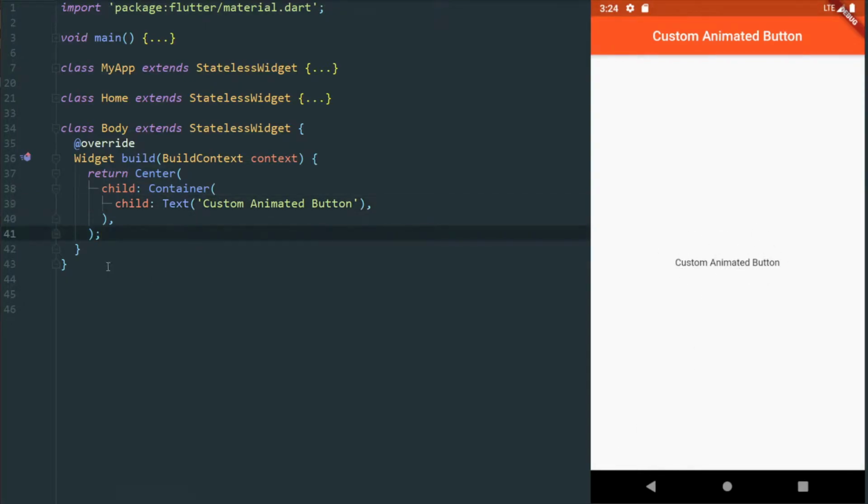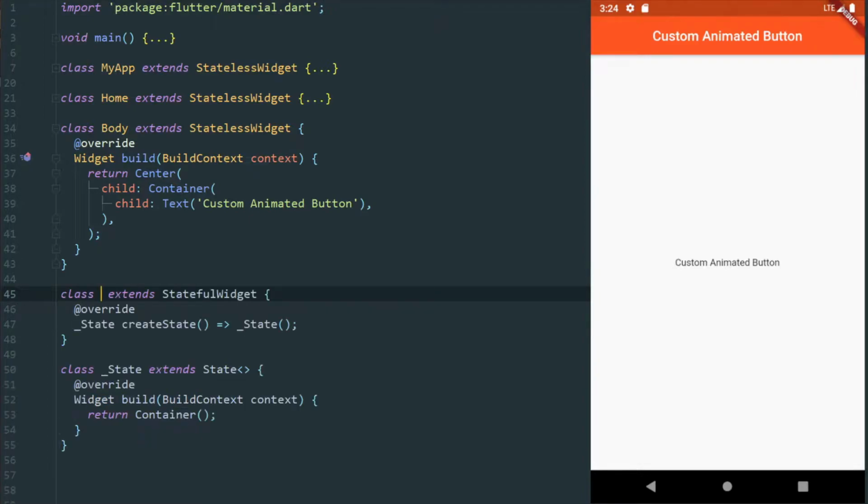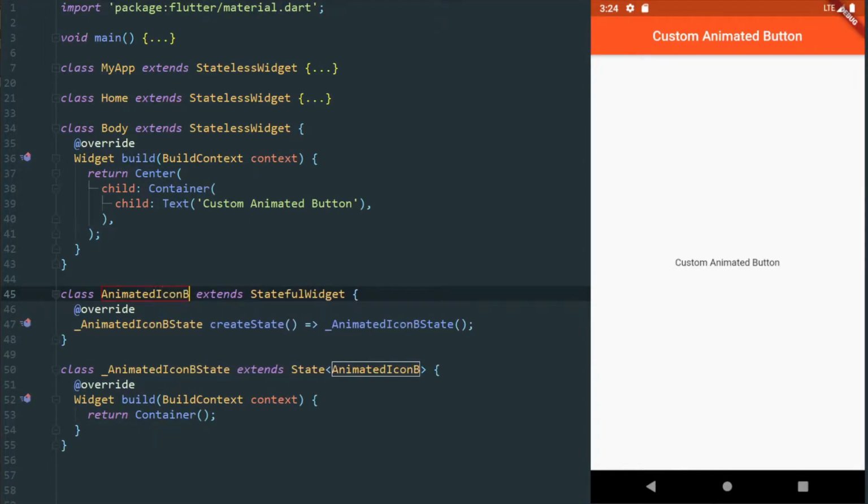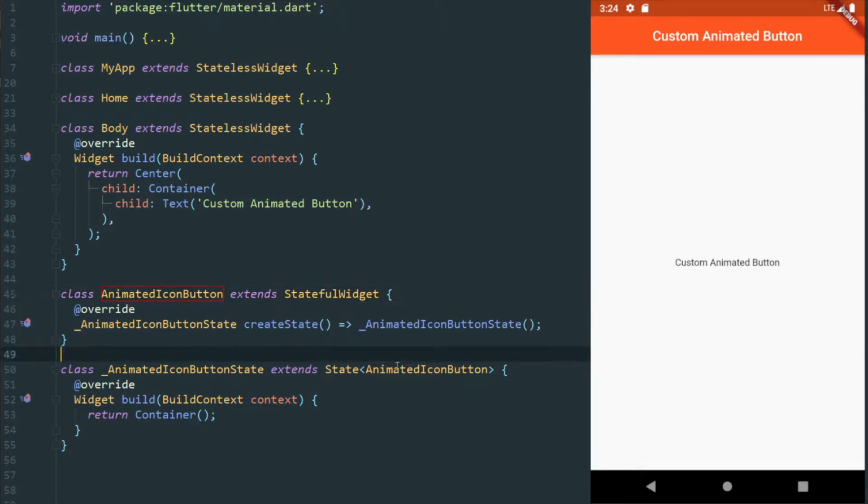So let's start by making the button itself. I'm going to be creating a new stateful widget here. I'm going to call it animated icon button. And just to start with, I'm going to define it visually. So we have a container here. I'm going to just say that I want to have some decoration on this container, so we can make a shape for our button. And so it's going to use a box decoration, and